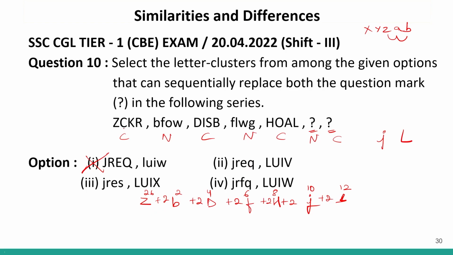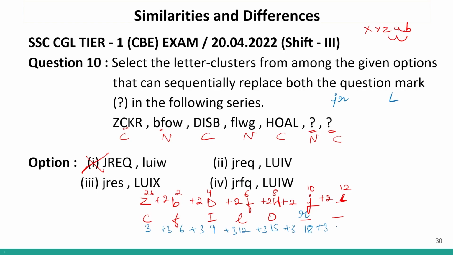Now, let us look at the second term. This is C, F, I, L, O, and then two terms we have to find out. Now I'm giving them ranks. C is 3, F is 6, I is 9, L is 12, O is 15. So clearly addition of 3, right? Addition of 3. So next addition of 3 will give me the 18th rank. And at 18th rank we have R. So small r. So J and then R.